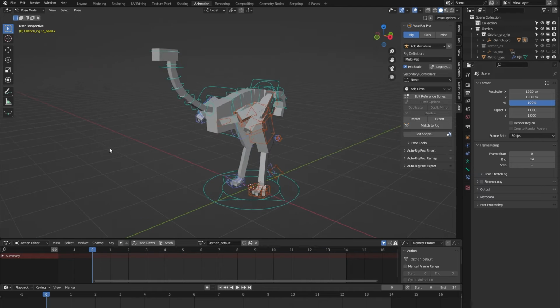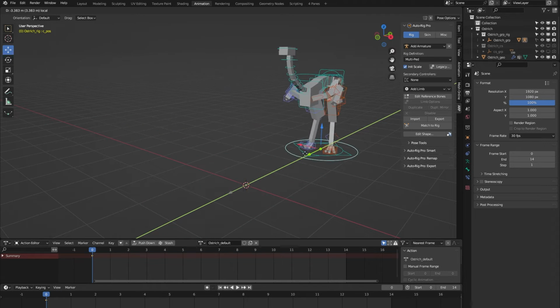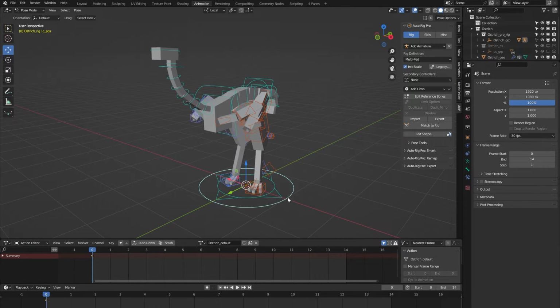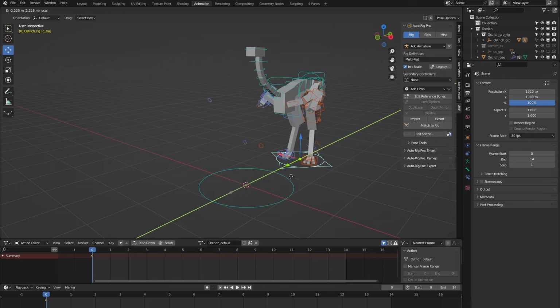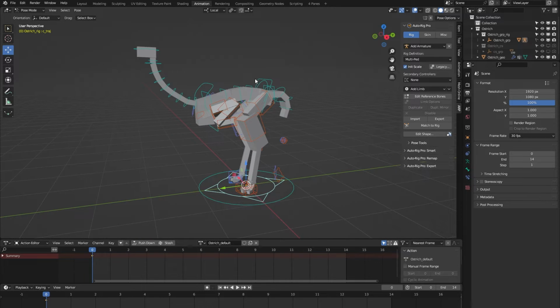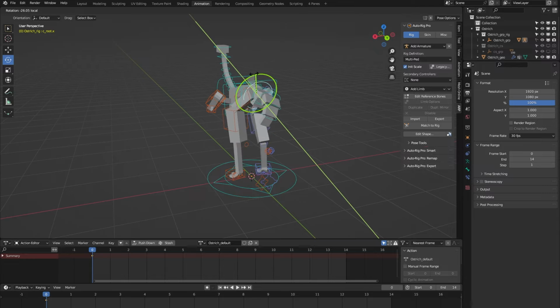Okay, let's get back to the main controls of the rig. First of all, we have this position controller, which lets you position the rig within your scene. Then we have this trajectory controller, which lets you animate a trajectory for the rig. We have this root mass controller, which controls both the upper and lower body of the ostrich. We have this root controller, which only controls the lower body, so you can use that, for example, to animate